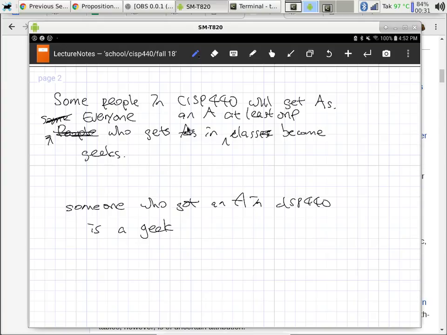Prove that someone who gets an A in CSP 440, what if they got an A in a different class and not in CSP 440? That doesn't imply that everyone in CSP 440 gets an A and becomes a geek. Or is that not so? What if someone has two different classes? Oh, you're right. Is that allowed? Yeah, so that means